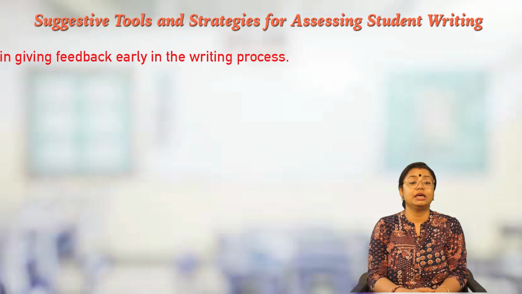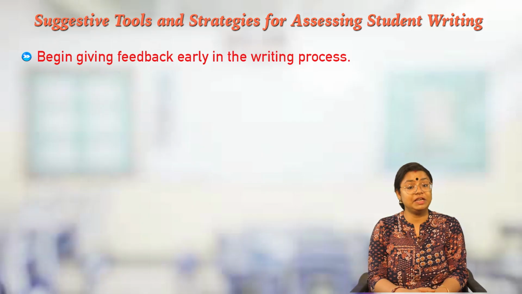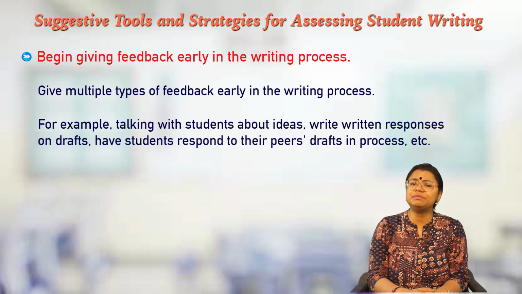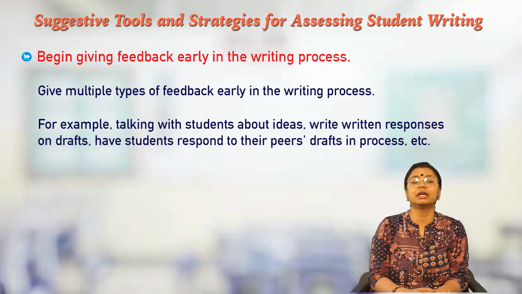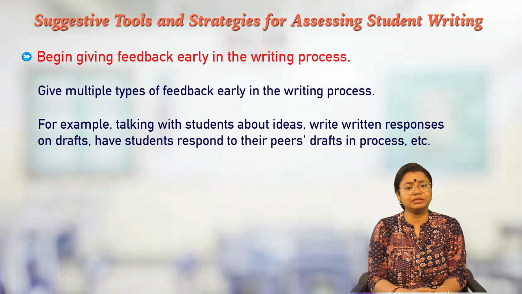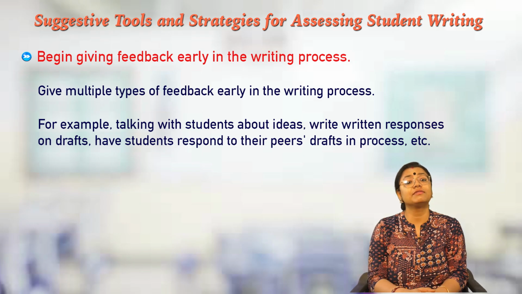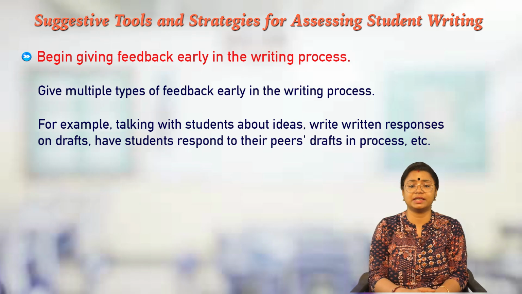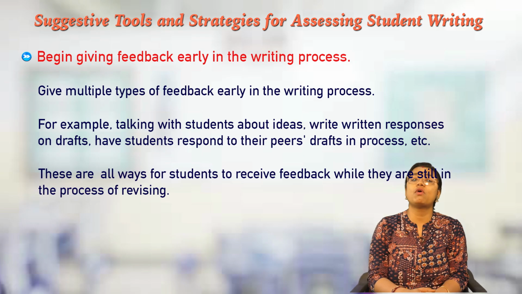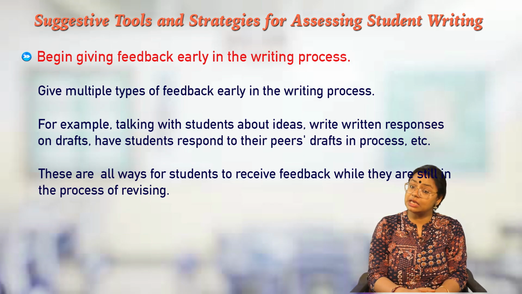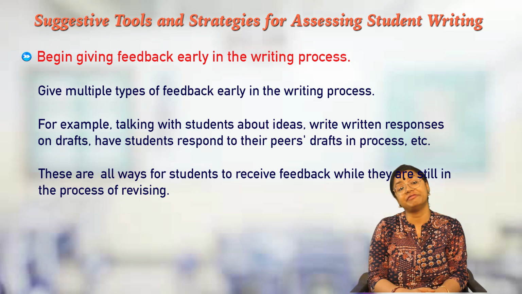Number 3, begin giving feedback early in the writing process. Give multiple types of feedback early in the writing process. For example, talk with students about ideas, write written responses on drafts, have students respond to their peers' drafts in process, etc. These are all ways for students to receive feedback while they are still in the process of revising